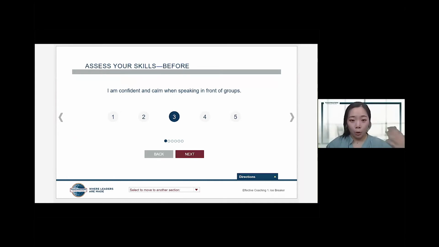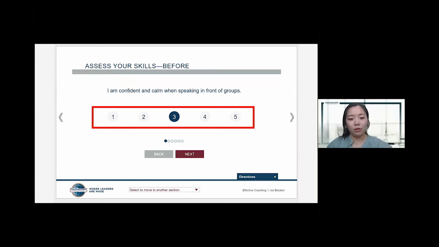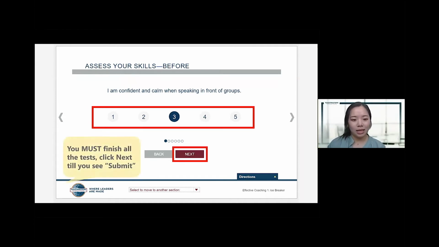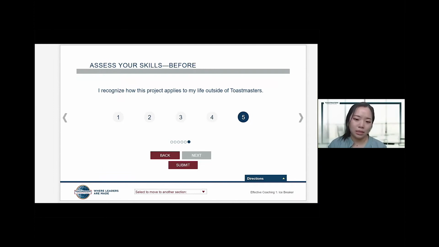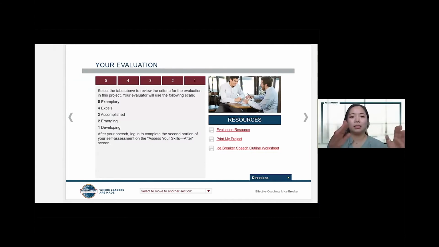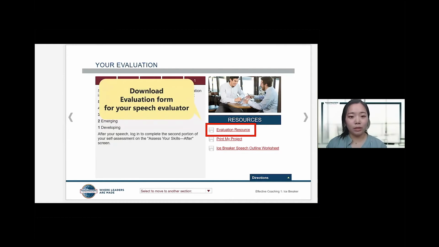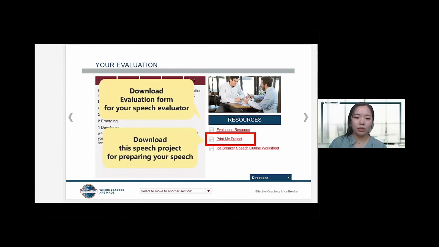To complete it, you also have to mark and next, and next, and next, till you see submit. Then you move on. And on this screen, you can download the evaluation form for your speech evaluator, or you can download this whole project, the PDF version, for preparing your speech.